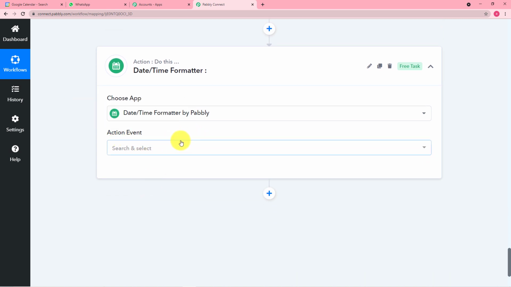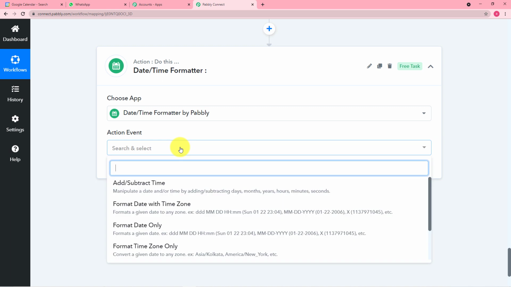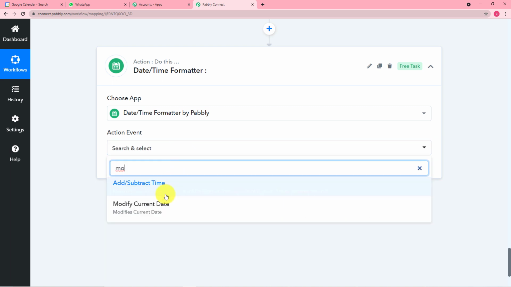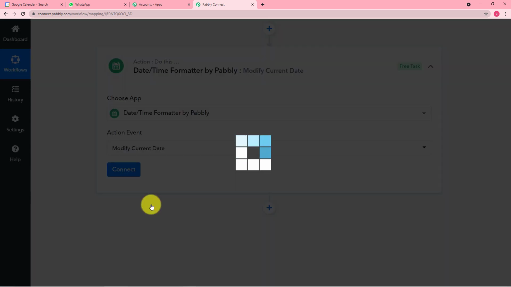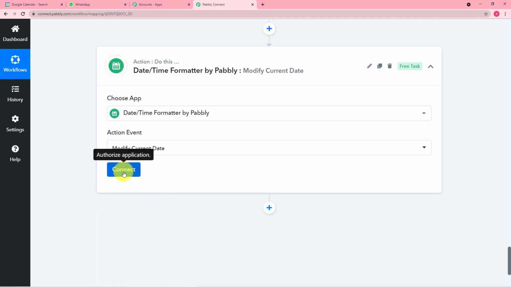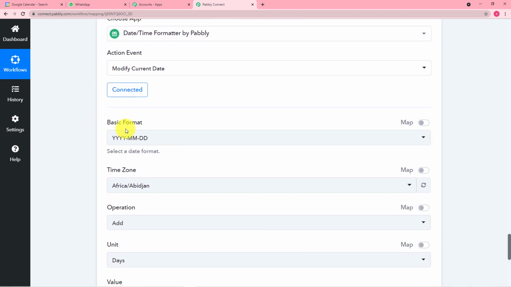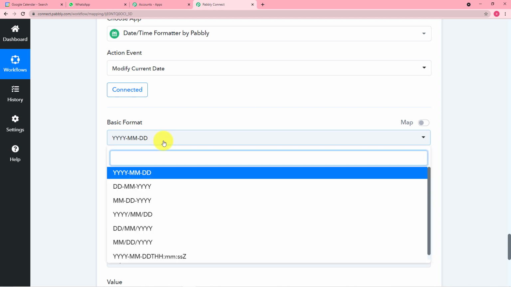And from this action event, you have to select modify current date. Then click on connect. And select the basic format to MMDDYY only.